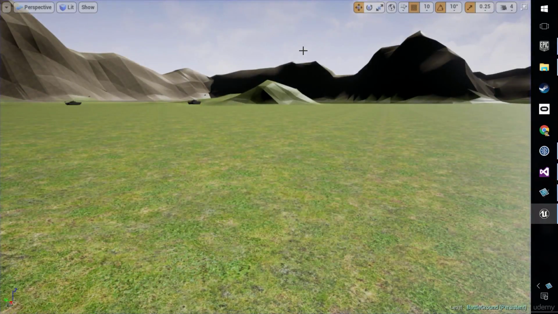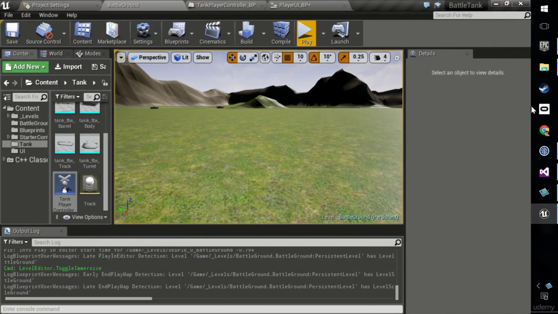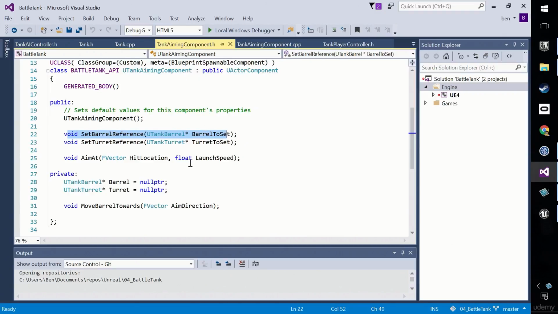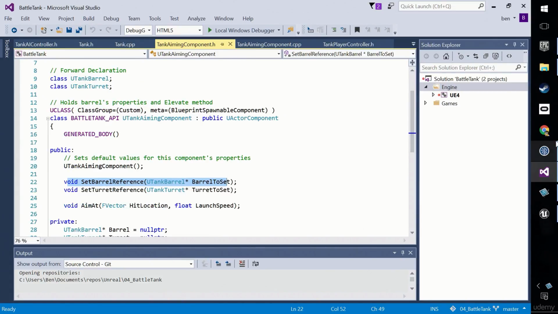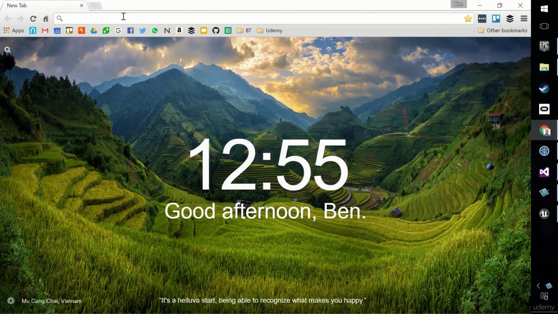All right. Now they are three different states that the tank aiming component could be in. How do you encode those sort of states? Well, a meaningful way to encode these states is not using numbers, although behind the scenes it's going to be using numbers. We want to use an enum. Remember, around lecture 35, we used an enum in the bull cow game. We're going to revisit using enums. Now, it's a little bit different in Unreal. If we look at Unreal's coding standards,